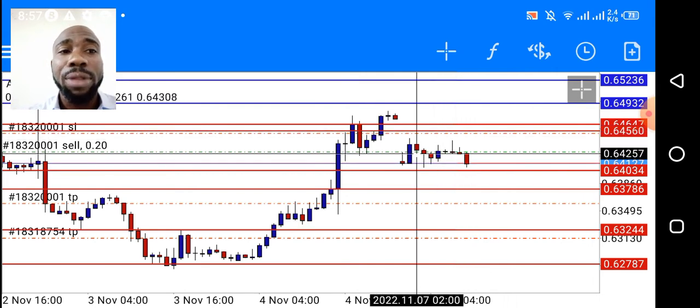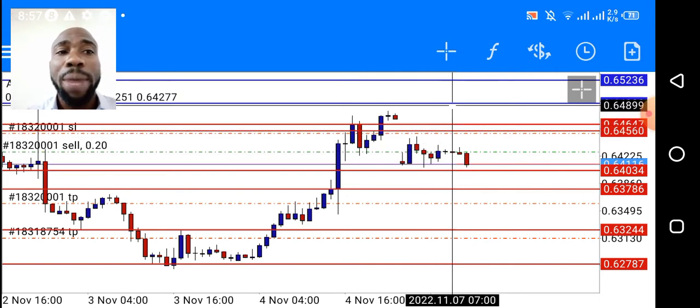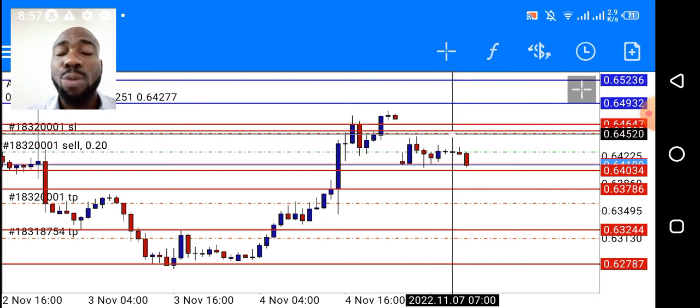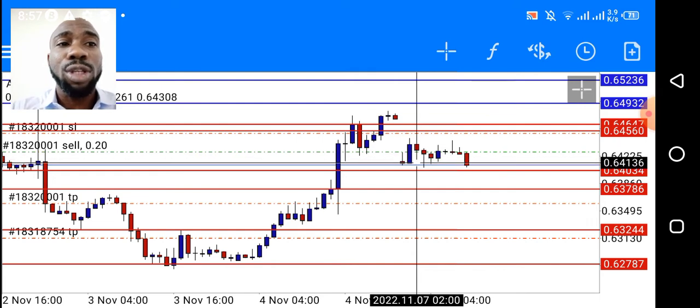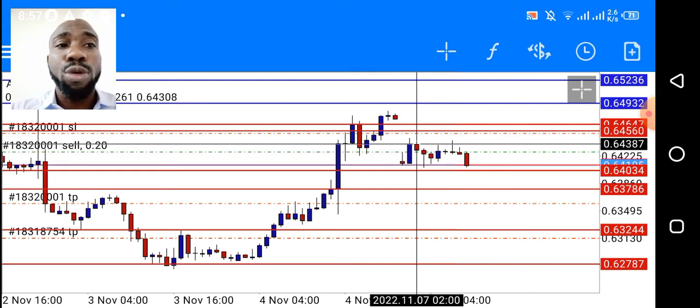There was a gap. The market opened far below my entry level. So I had to wait for a pullback before executing a sell trade. So what happened here? We had a pullback at this point. From this point to this point, price pulled back, and